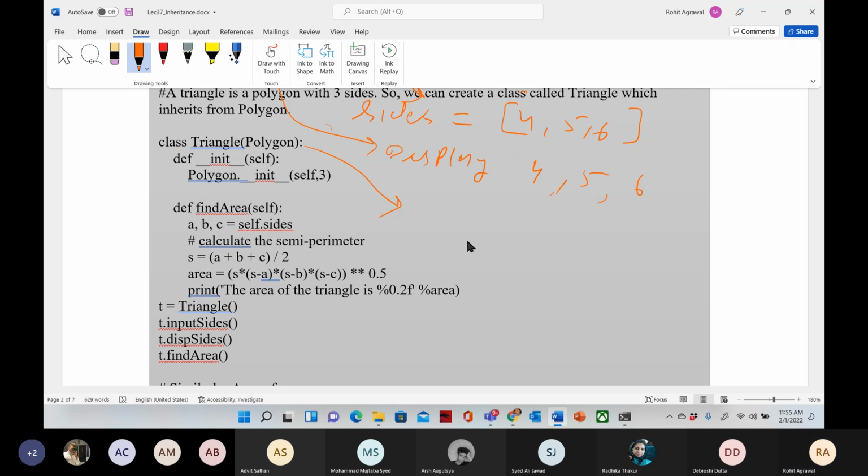So we're using inheritance. We are inheriting the polygon class, so that means reusability of code is done here. Whenever you inherit a class, you need to write this section of code. Class name. So what is the class name? Polygon, you are inheriting. Dot init